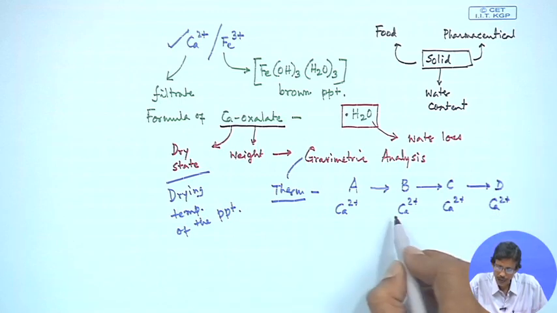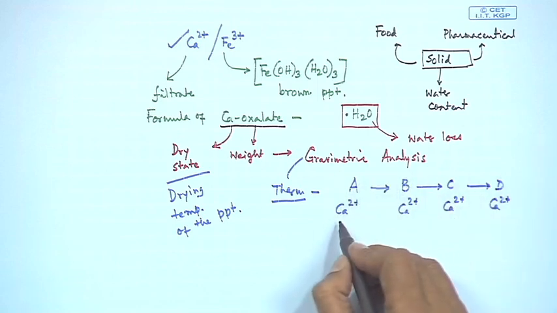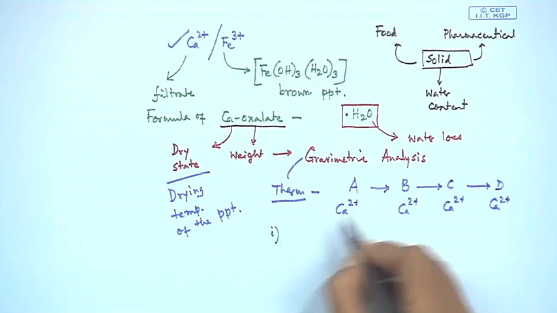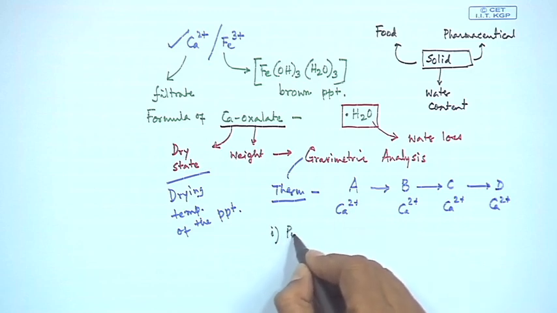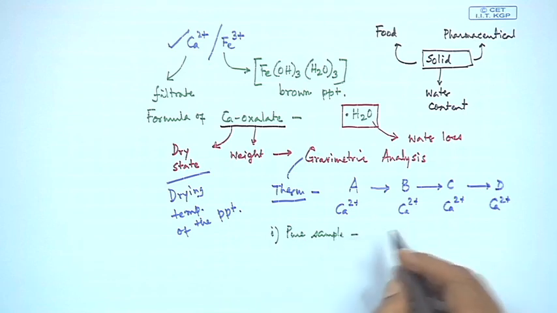So, these are therefore the conversion of A to D. If we want to measure or find the corresponding calcium content of the pure sample, you can have that calcium present in some pure sample which is in solution,